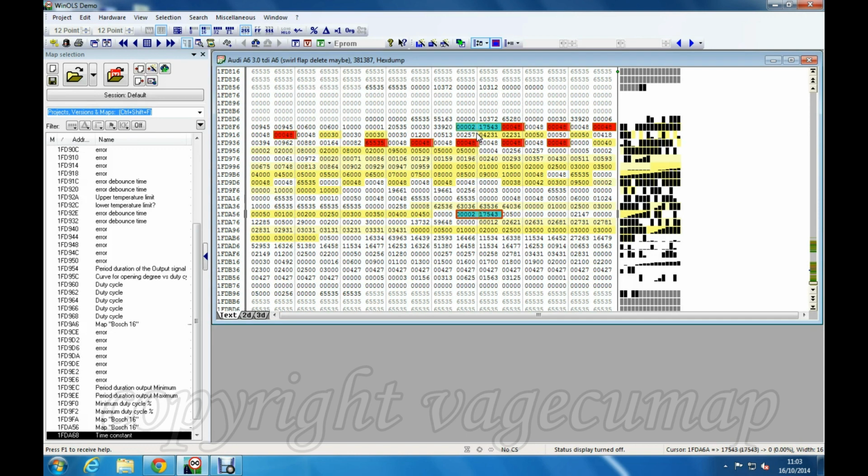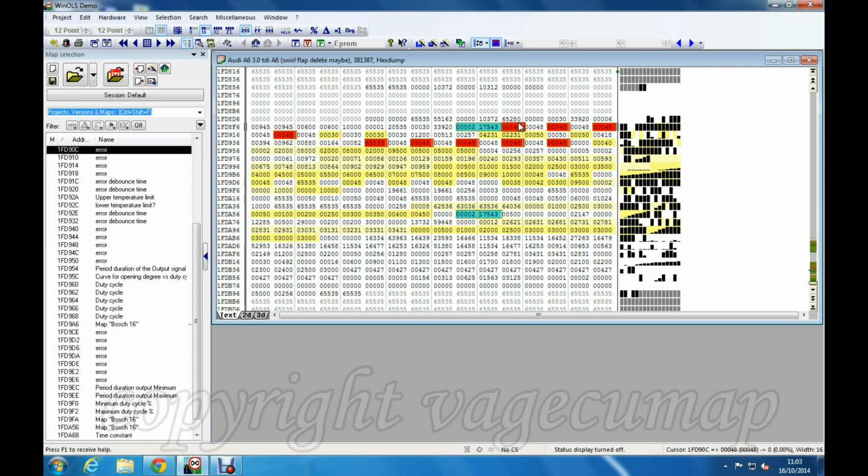Now, after that, this is where the whole thing gets complicated. Not because it is so complicated, but simply because different files use different variations. Now, the first thing that you need to look for is this, where I've got red, blank, red, blank, red, blank, red, blank, and so on. Now, these ones that I've highlighted in red, these are for error and heal debouncing of the various options to do with the swirl flaps.